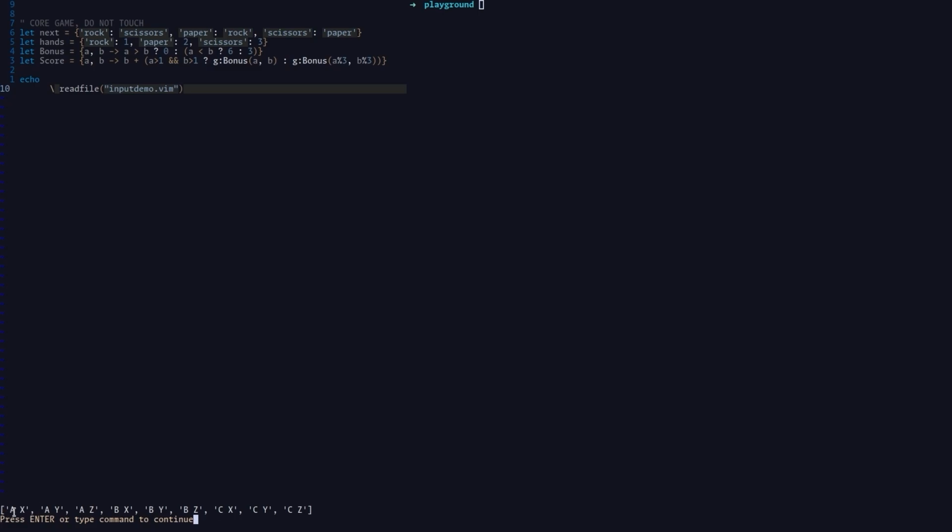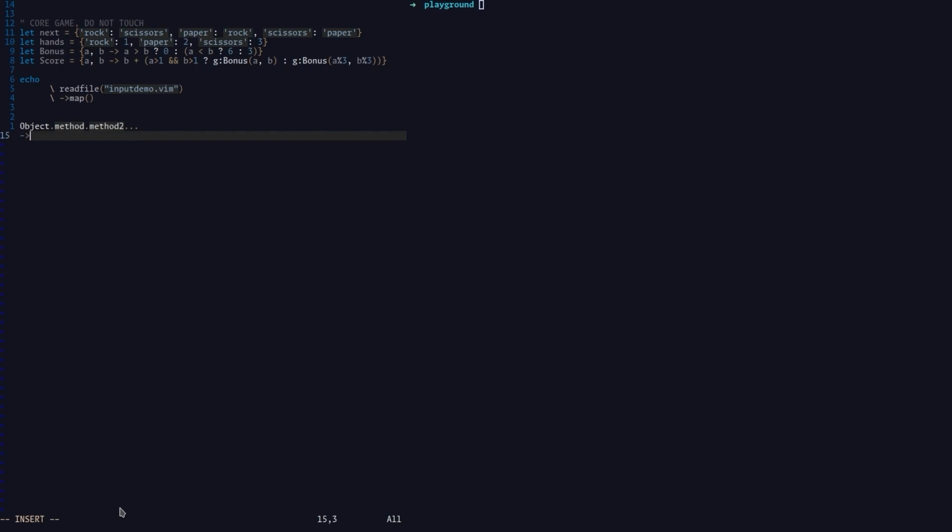So the first thing I'm going to do is map over each string, and I'm going to separate them using spaces. I'm going to say, I want you to map. By the way, when you see me use these arrows, this is the same way as, for example, in JavaScript when I say object.method.method2, etc., okay? In Vim, we accomplish that using this operator.